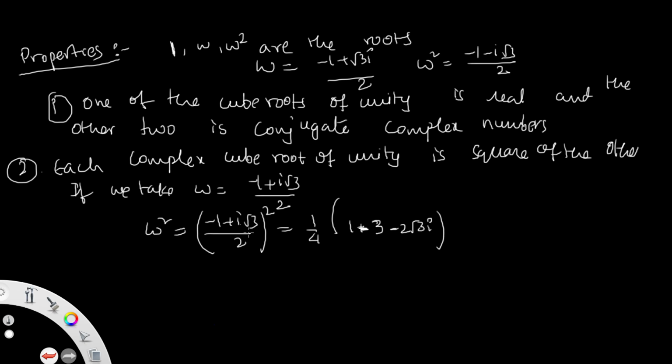A plus B whole square. A means 1, B means I, square means, by here we write as minus 3 minus 2 root 3I. That is, we simplify as minus 2 minus 2 root 3I by 4. From these two as common, then you get minus 1 plus I root 3